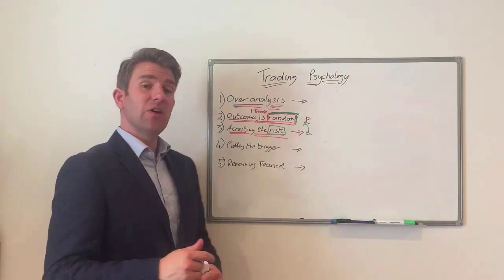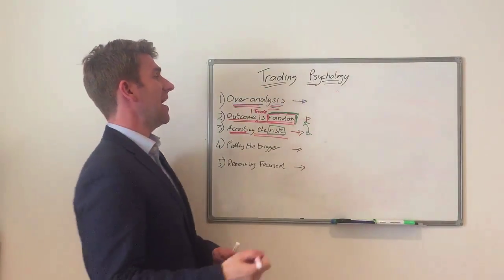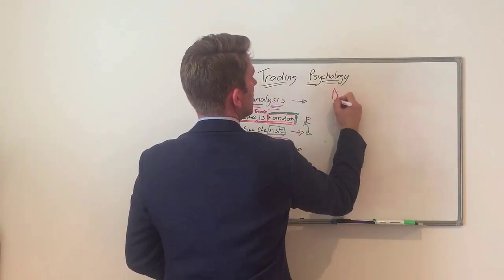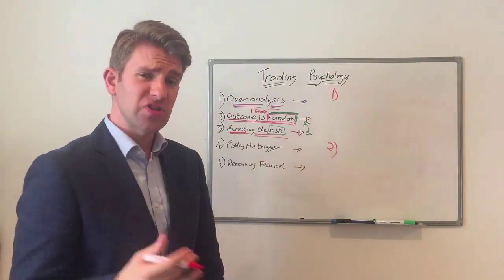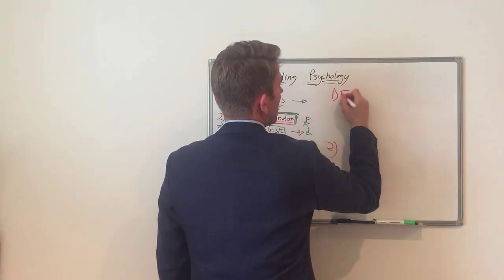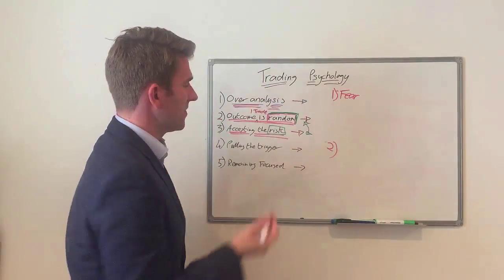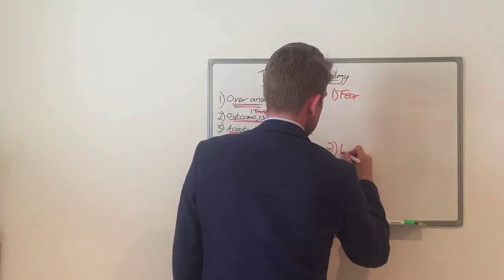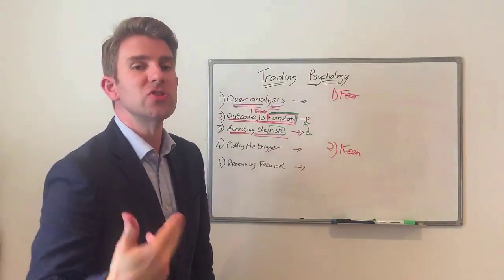Which brings me on very nicely to point number 4, which is pulling the trigger. Now, we have 2 scenarios with pulling the trigger, or should I say problems with pulling the trigger. The first one is this: fear. Fear of pulling the trigger. The second one is, let's label it as keen, or basically meaning that you're pulling the trigger too often,